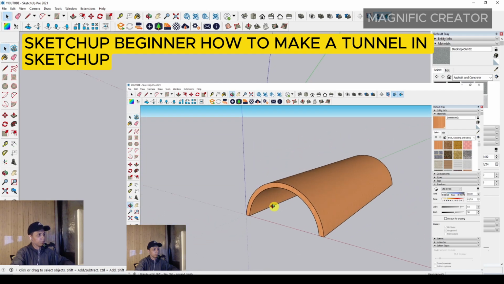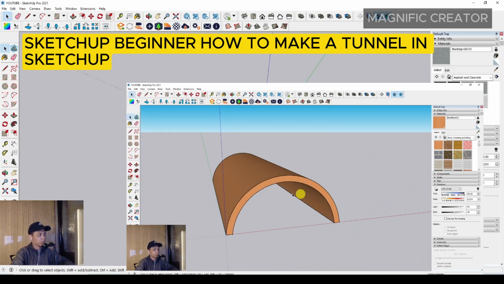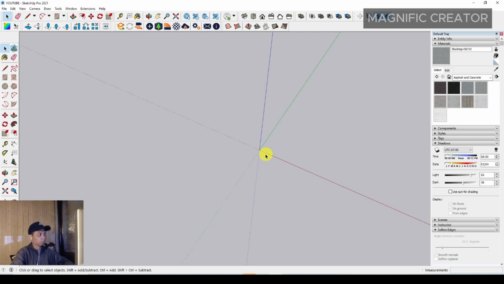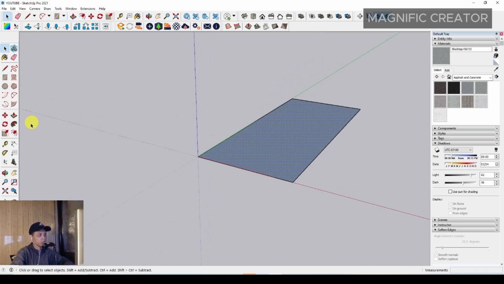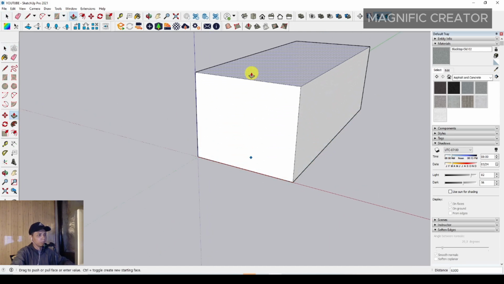Everyone, in this video I'm going to explain to all of you how to make a tunnel in SketchUp. First of all, we have to make a rectangle with any position and any size. It's just a simple example for modeling, and then we can push it up to any size as we